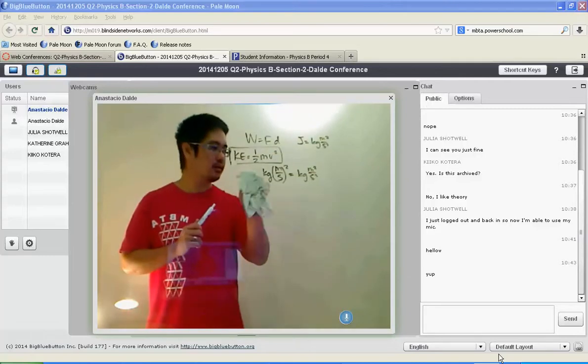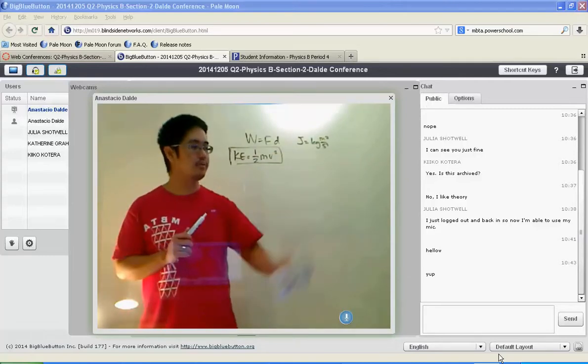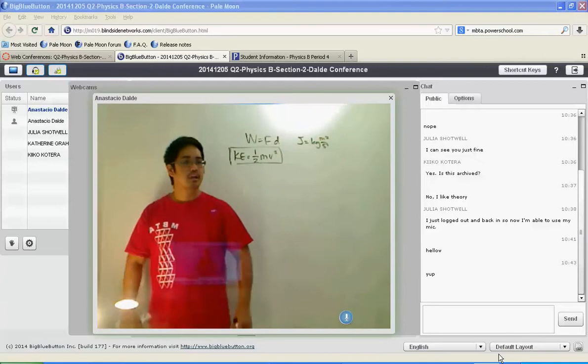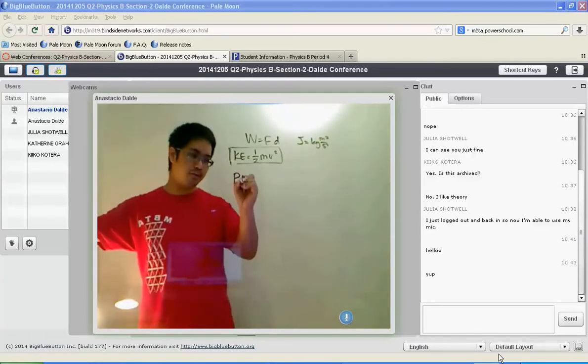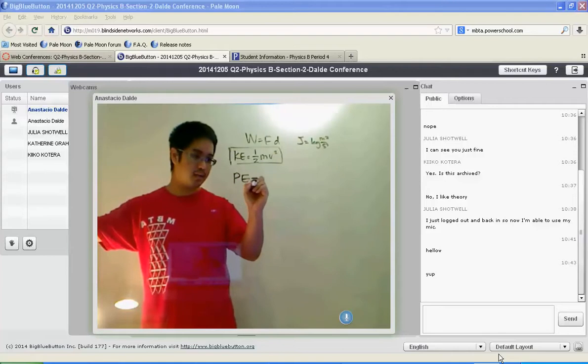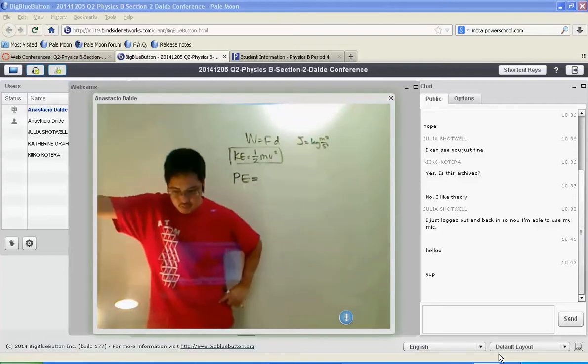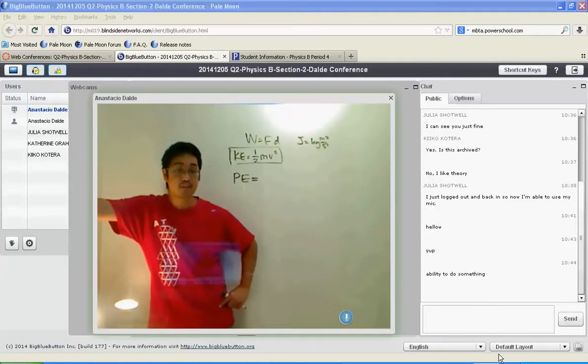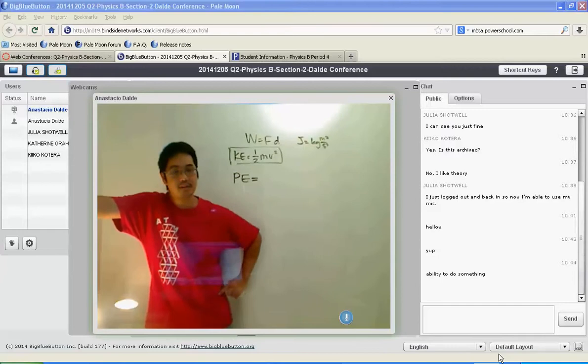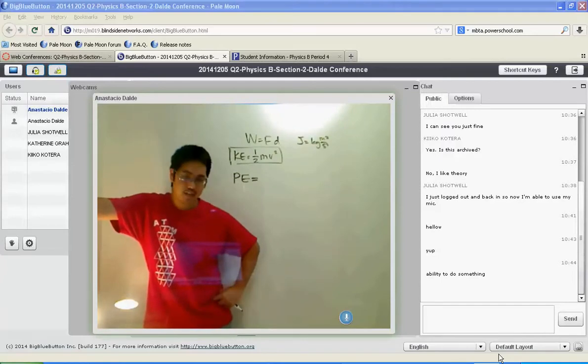There's another equation that I gave you. Let's do this one. Potential energy. I don't know if I've covered this with you yet, but let's talk about this one. What would you use to define the word potential? If I ask you what does potential mean, how would you define it? The ability to do something, exactly. So maybe let's say potential energy in terms of our pain exercise is the ability to cause pain.